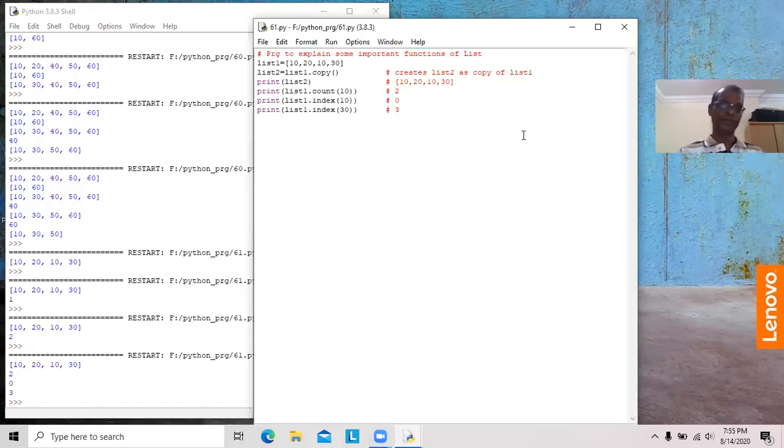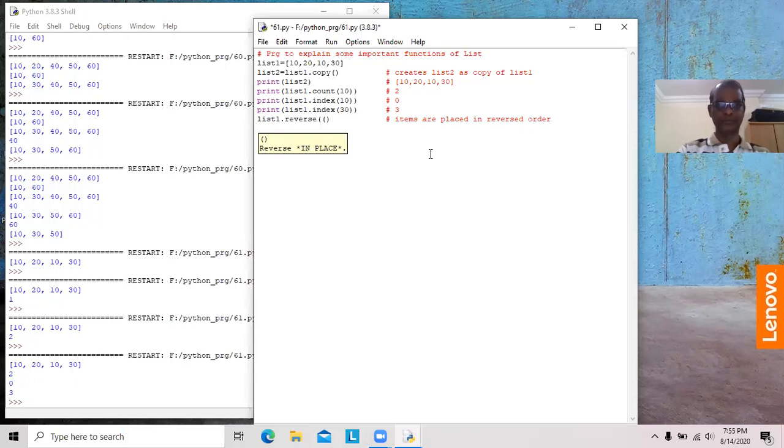Then reverse. I want to place all the elements in reverse order. List 1 dot reverse. Items are placed in reversed order.